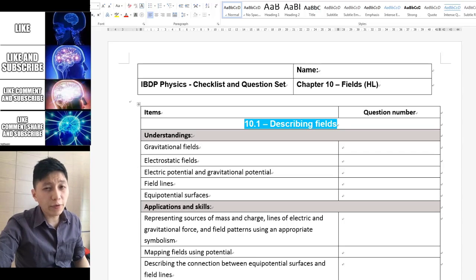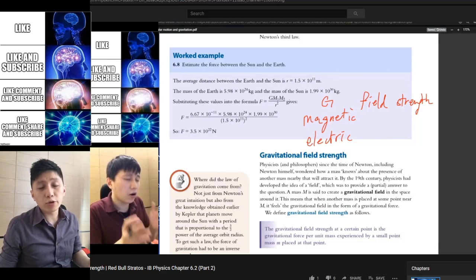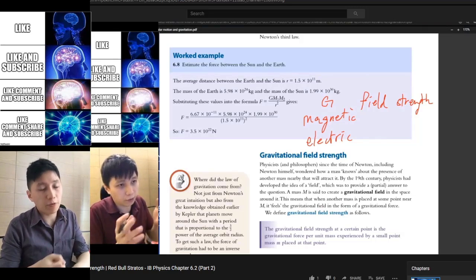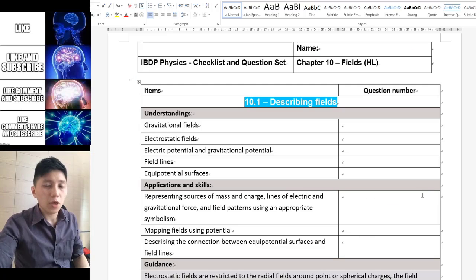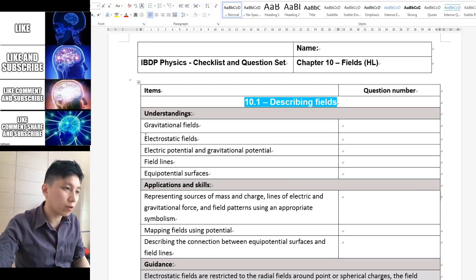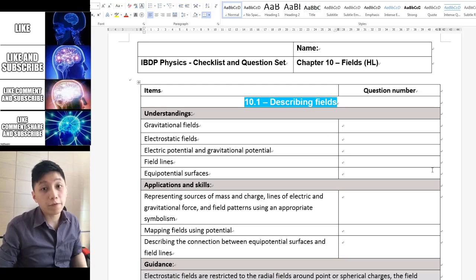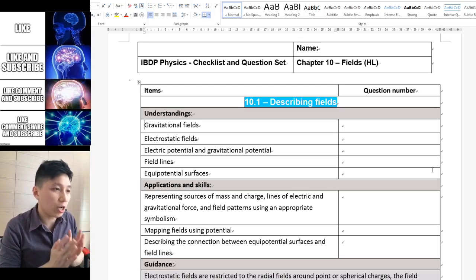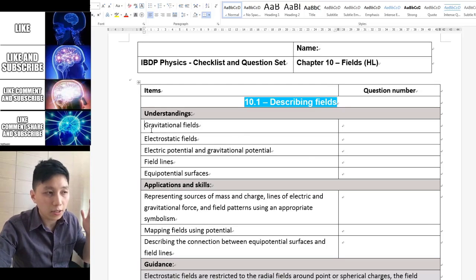Hi, we are moving on to a new chapter called fields. Earlier we also talked about field, which include gravitational field, magnetic field, and electric field. And if you try to look at the IB syllabus for this chapter, we'll cover gravitational field and electric field basically. To facilitate your learning and also make your life easier, in this chapter we'll firstly focus on the gravitational